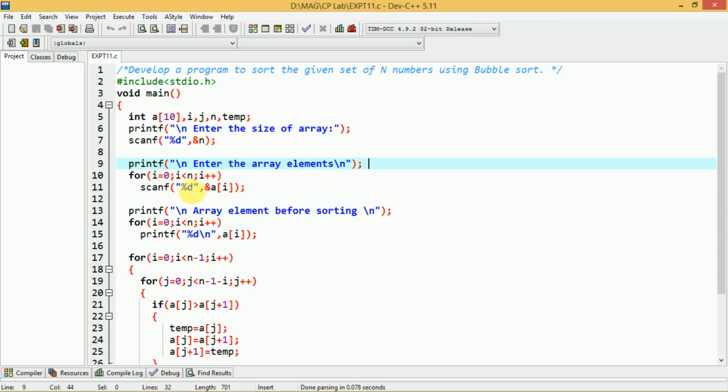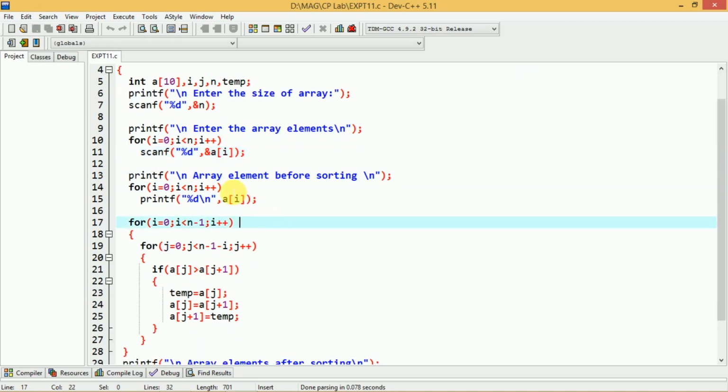Based on that we can read the n elements by using this for loop: for i equal to 0, i less than n, i plus plus, scanf("%d", &a[i]). You already know that by using scanf we can read the elements into the array A by using this for loop, because here n is the number of elements. So this loop will be executed n times, that is, it is going to read n elements into the array A.